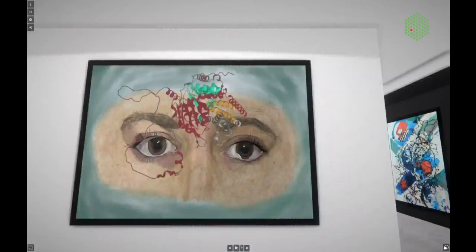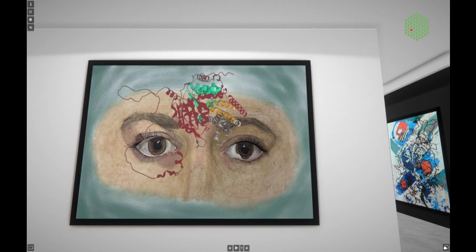Our final stop brings us to Maddie O'Connor's artwork, a student from Stephen Peirce Foundation in Cambridge, UK. Her piece is inspired by the AlphaFold predicted structure of pea protein, which plays a key role in human skin and eye pigmentation. Maddie selected this structure from the AlphaFold database and skillfully combined watercolors and digital techniques to capture the elegance of this protein. This marks the first AlphaFold-inspired artwork in our collection.